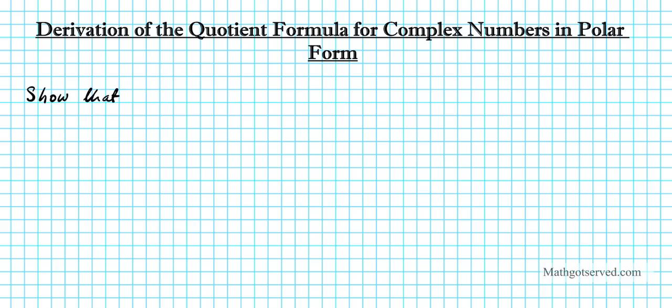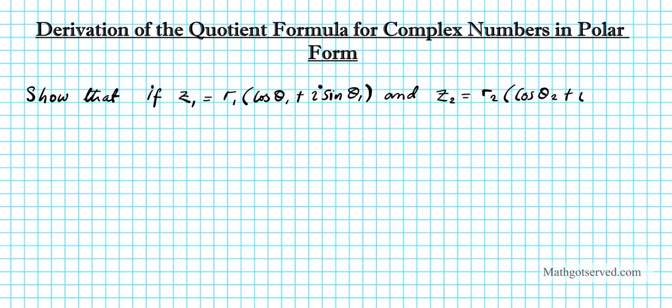show that if we have two complex numbers, z1 and z2, so if z1, the first complex number, equals r1 cosine theta 1 plus i sine theta 1, and z2, the second complex number, with the index of 2, equals r sub 2 cosine theta 2 plus i sine theta 2. If we have these two complex numbers, I want to show that